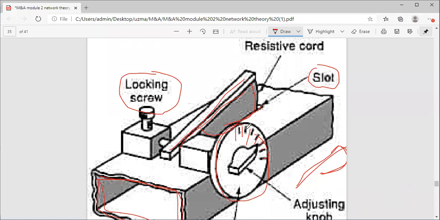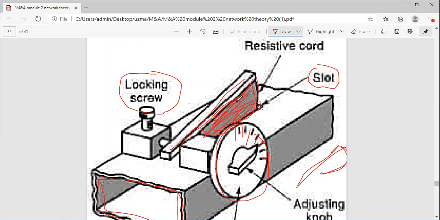So how the attenuation occurs, as we have seen in the coaxial fixed attenuator or even in the waveguide attenuator, some resistive film will be placed inside. Okay, and that material will absorb some amount of the transmitted signal. That is the basic principle behind the attenuation. Some amount will be lost there, some it will absorb. Here also you can see this is a flap. This flap has a resistive material.